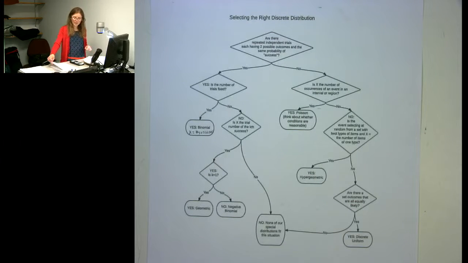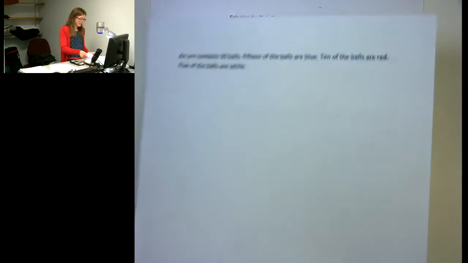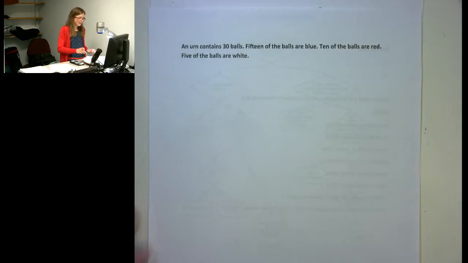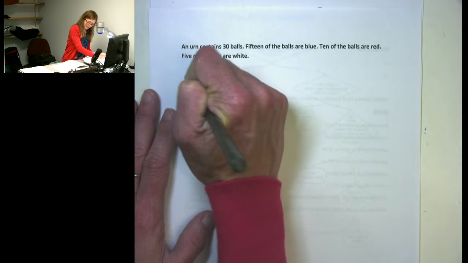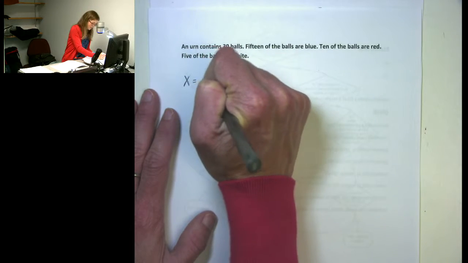So I'm going to do a couple of quick examples related to sampling balls from an urn. If we have an urn with 30 balls in it, 15 of the balls are blue, 10 of the balls are red, and 5 of the balls are white. There are a lot of different random variables we could define in this distribution, and we could choose some that have different distributions. For example, if I let x equal the number of balls